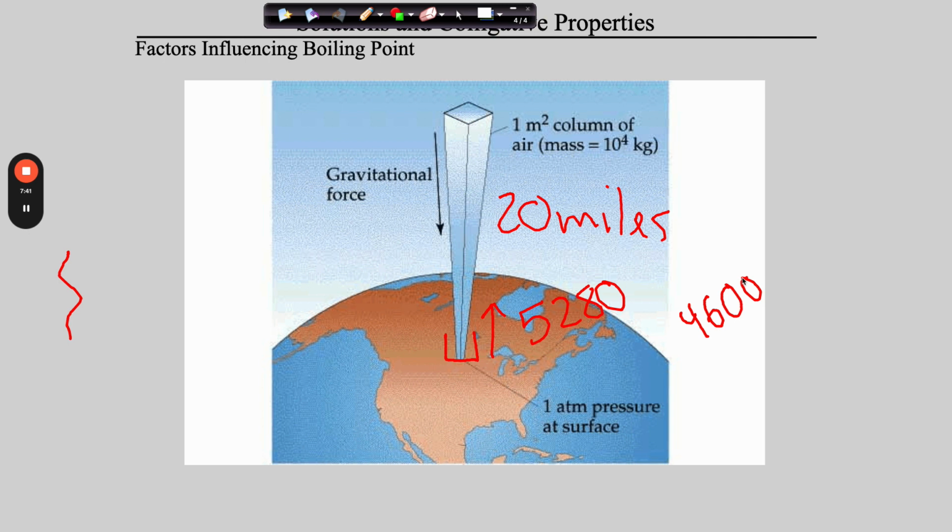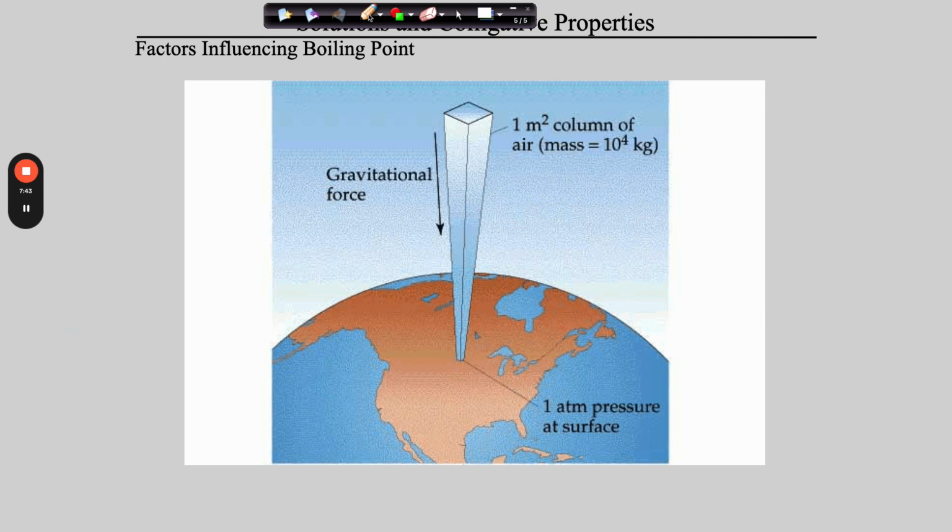Well, guys, what that means is our beaker is now no longer at sea level, sitting underneath 20 miles of air. Our beaker is now a mile up in the atmosphere, and now there's only 19 miles of air sitting on the water in the beaker. And guys, 19 miles of air weighs less than 20 miles of air, and as a result, the water boils